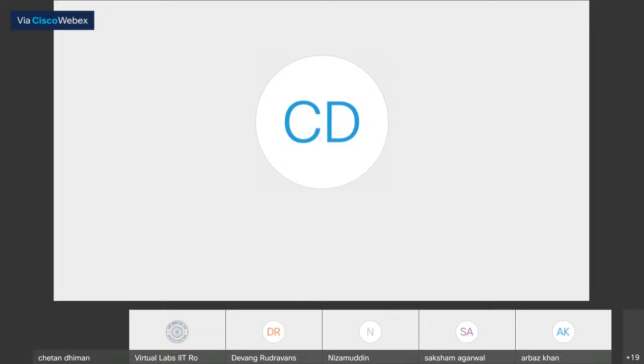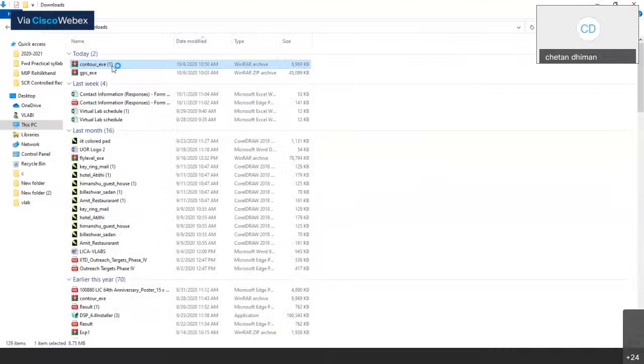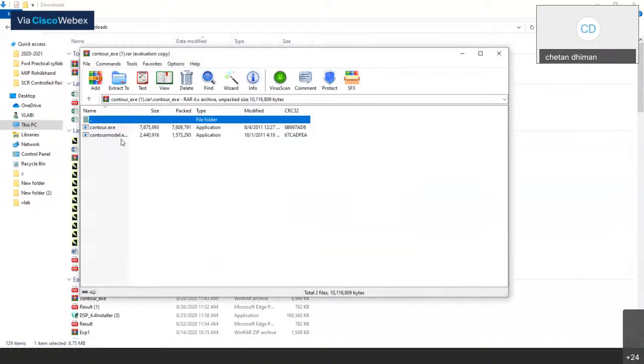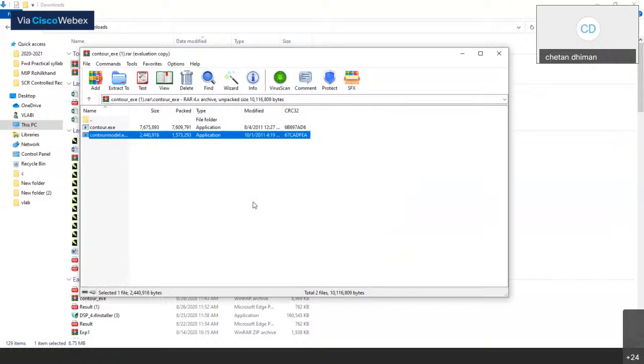When you click on that exe, first you have to extract the file, because it is a .rar file. Just a second, I am going to share my other screen. Here you can see the downloadable file, which is already downloaded in my system. And after extracting the file,